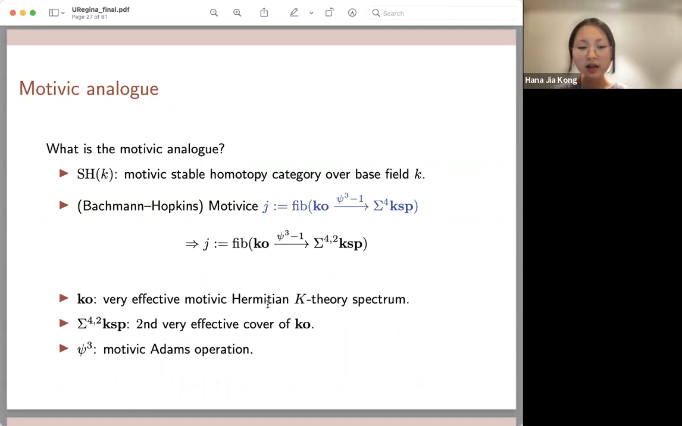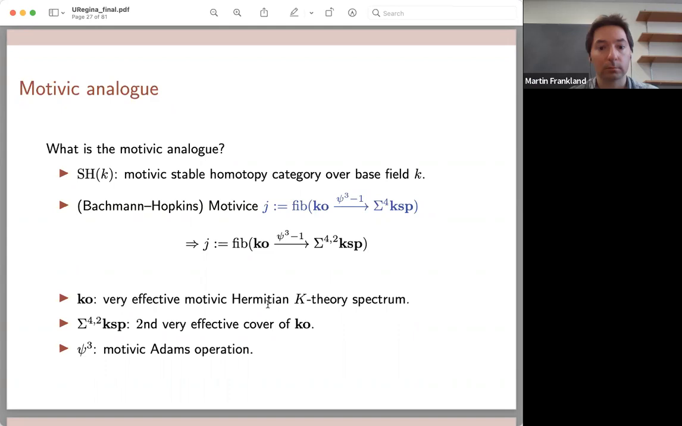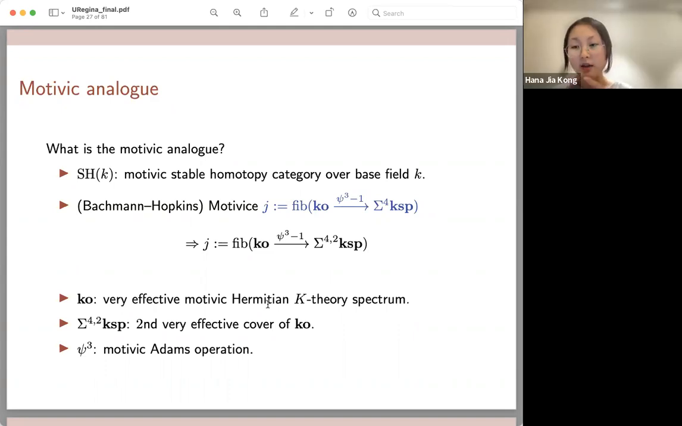Oh, yeah. So if I take the effective cover of the uppercase KO, the Hermitian K-theory spectrum, there will be some extra stuff in the zero slice. So this is a paper by Tom Bachmann. He talked about the effective slices of uppercase KO. And another thing that is good about this very effective cover is that it compares well with the C2 equivariant slice filtrations. So like for MU, KU, and these even things,